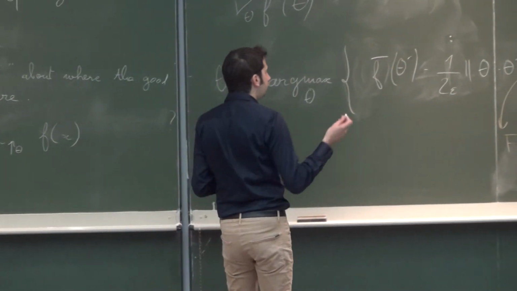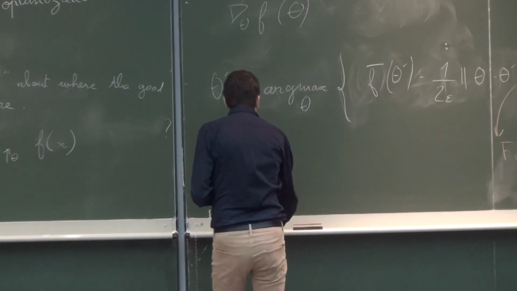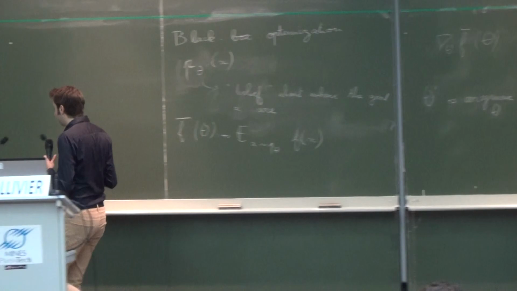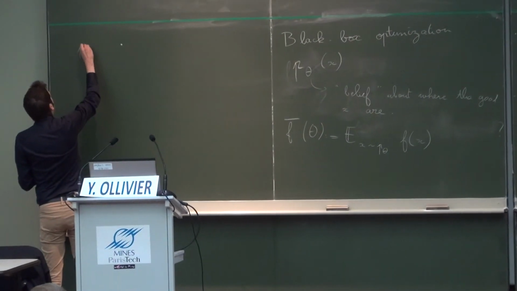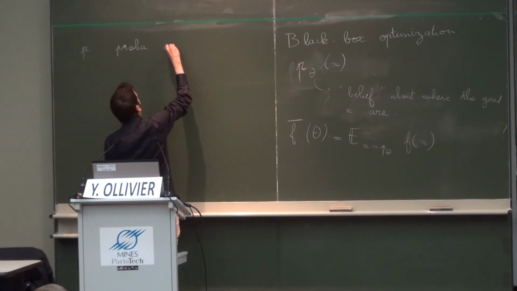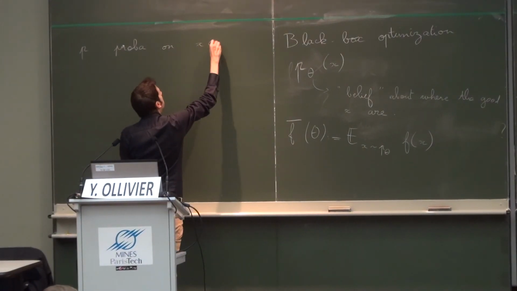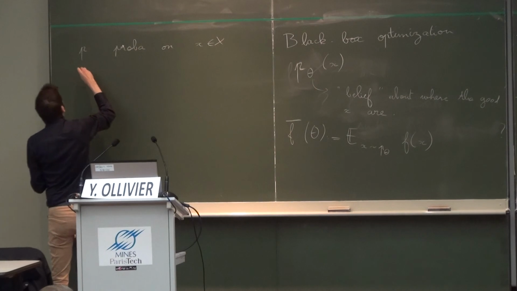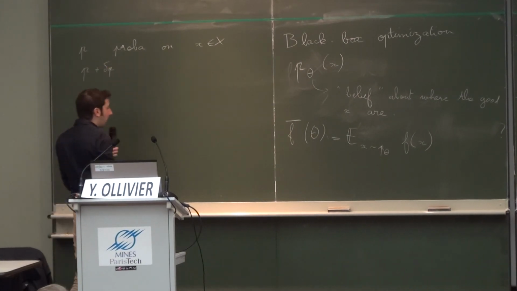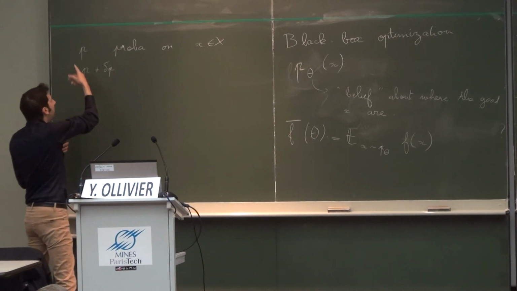So if you have p, a probability distribution on variable x, and p plus delta p, another one. So these probability distributions are